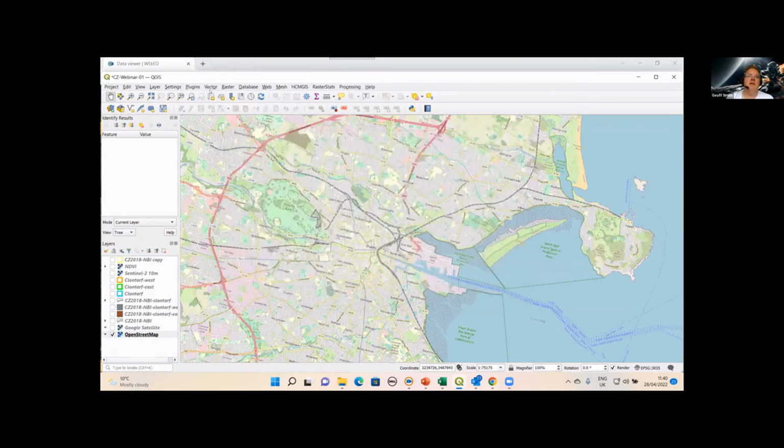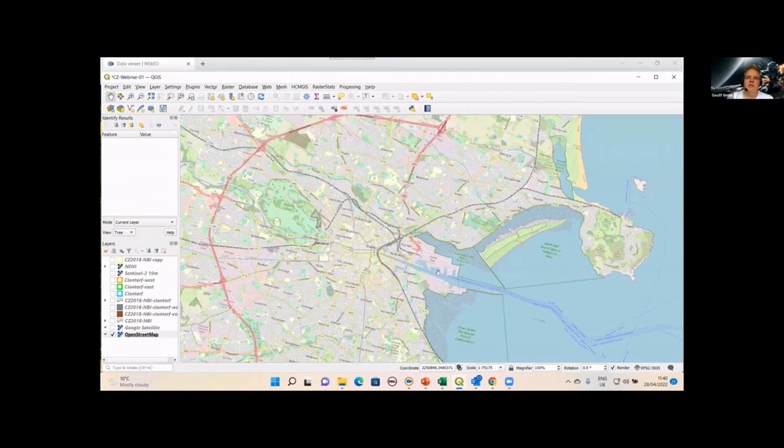And I've already loaded in some tools for analyzing vector data sets. So I've added in this group stats functionality here. And also looking at raster data sets, I've also included raster statistics. So this is just additional functionality, which is, again, free and open access, and you just install that before you get going. So that'll just help me to do some of the things that I want to demonstrate.